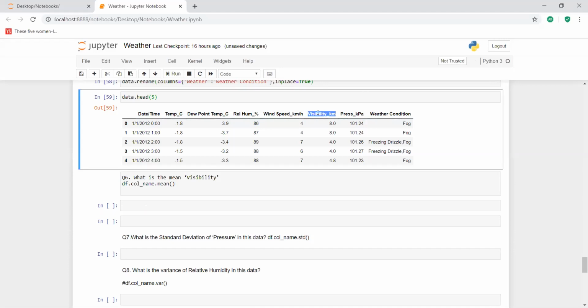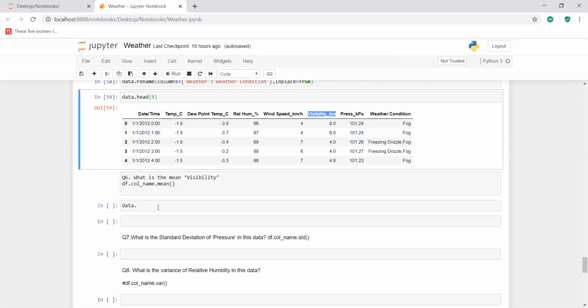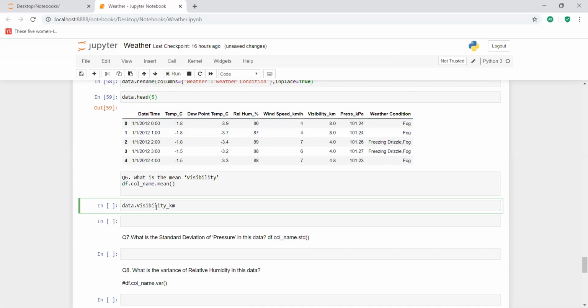In this visibility column, we have to find out the mean of all the values present in the column. First we have to refer to this using our data frame name. I'm just copying this and pasting it here. Dot mean is our function.